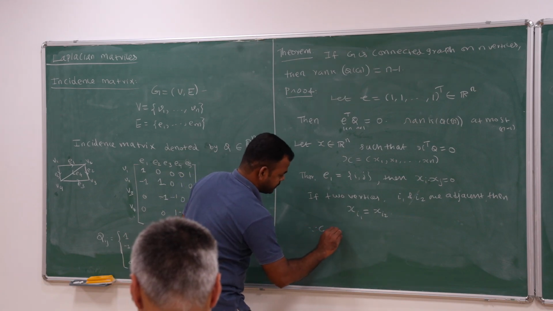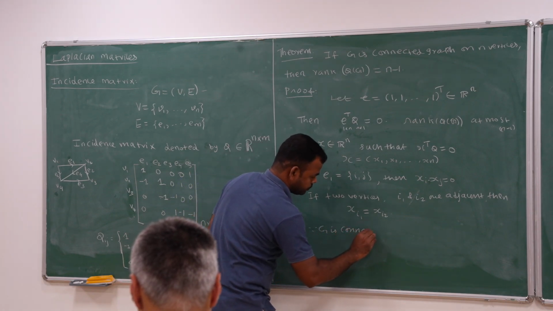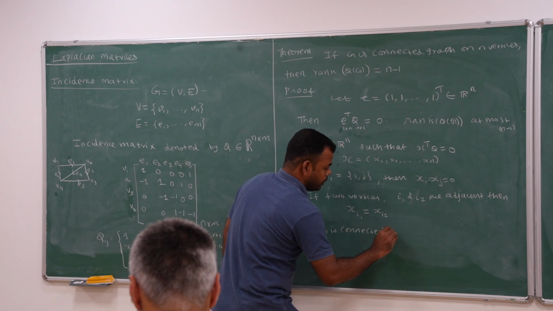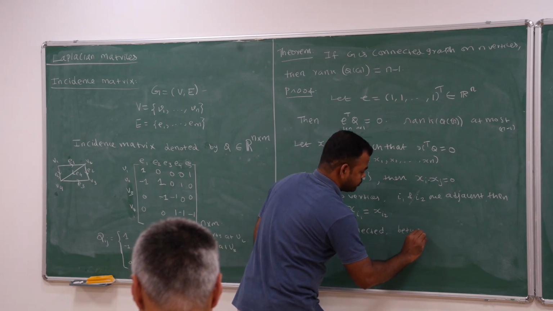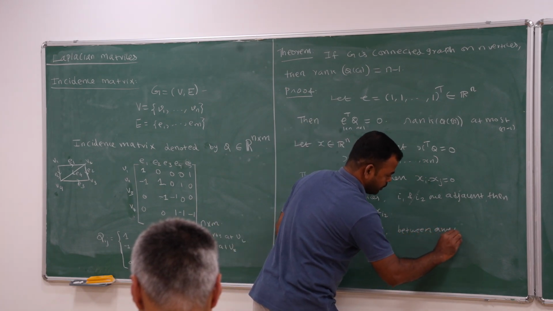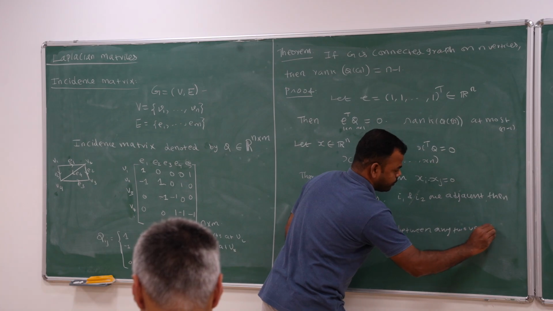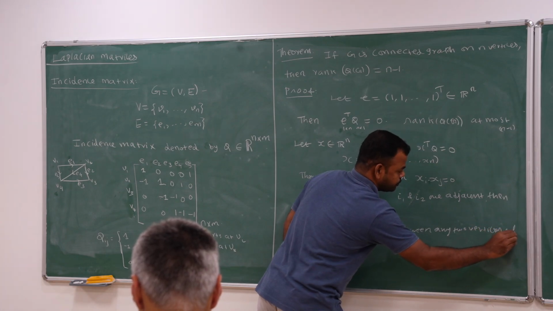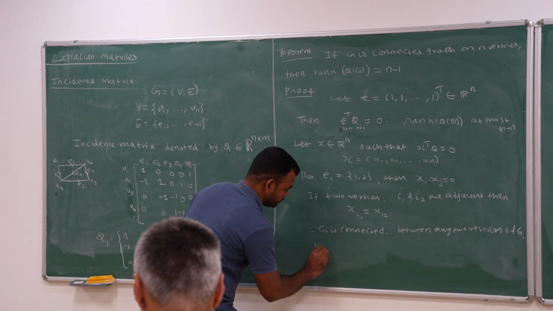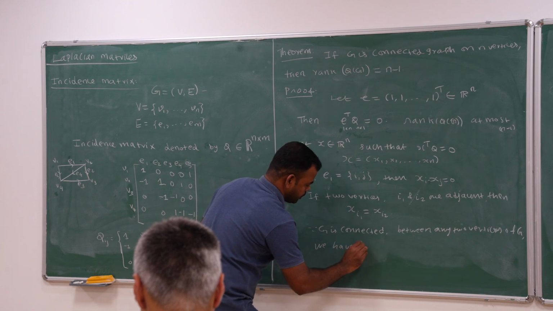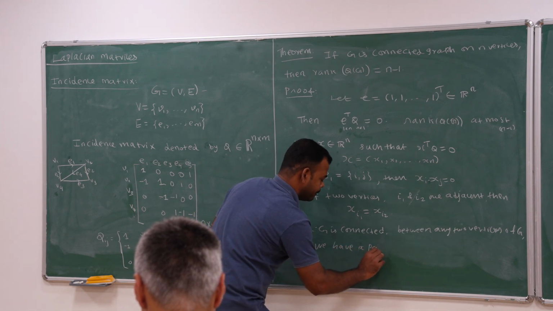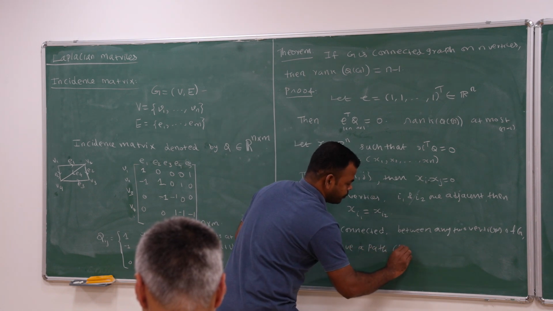Since G is connected, between any two vertices of G, we have a path connecting them,